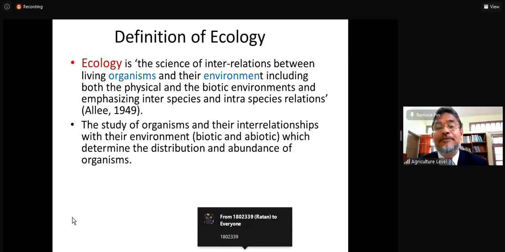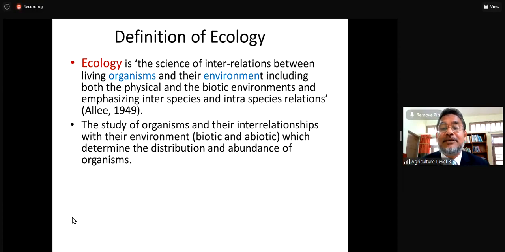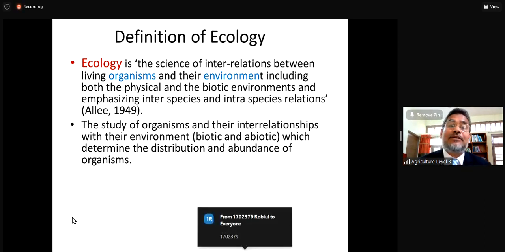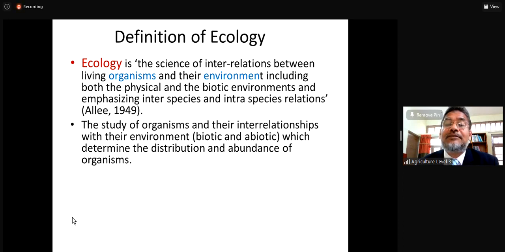When the environment is favorable, they will start multiplying, they will start taking food, they will build up their populations. So in this way, a large number of individuals will be there. That is the environment. So environmental factors are very important for an organism to live in a particular area. So environment,